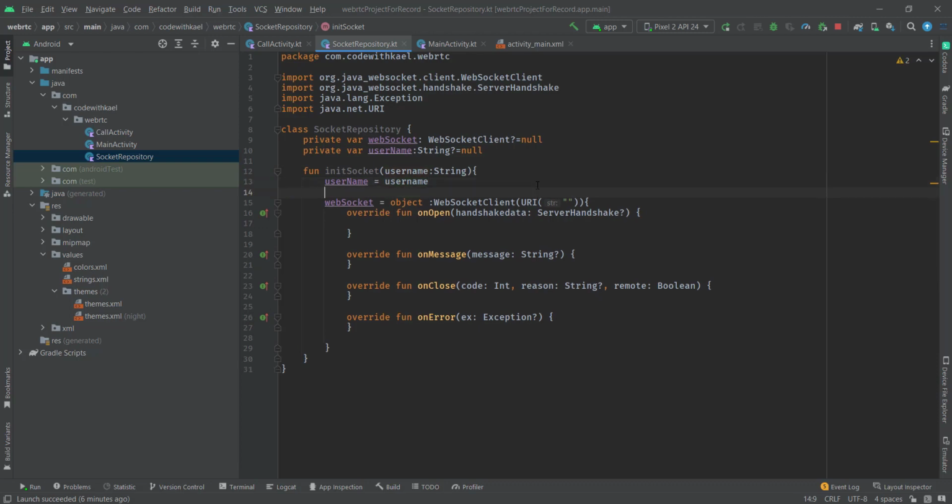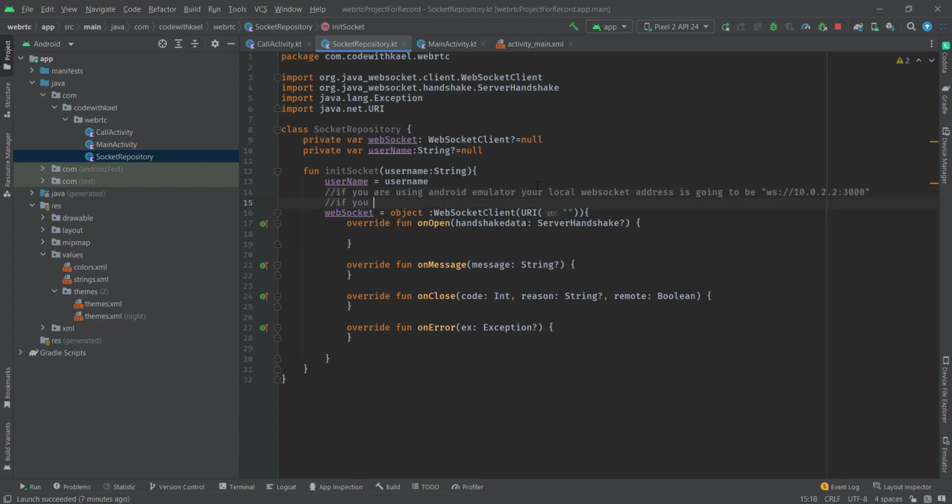So let me add some tags here. If you are using Android emulator, your local WebSocket address is going to be ws://10.0.2.2 and the port that you're given to your signaling server. But if you are using your phone instead of the emulator, your local address is going to be